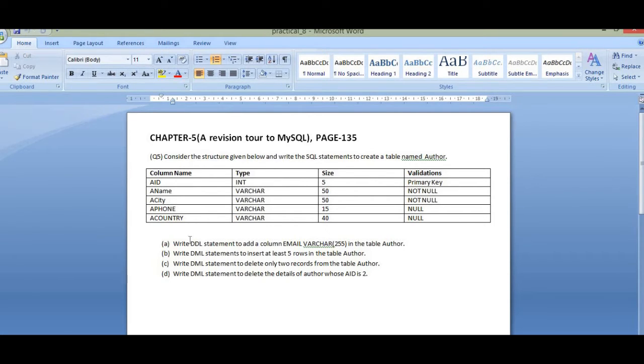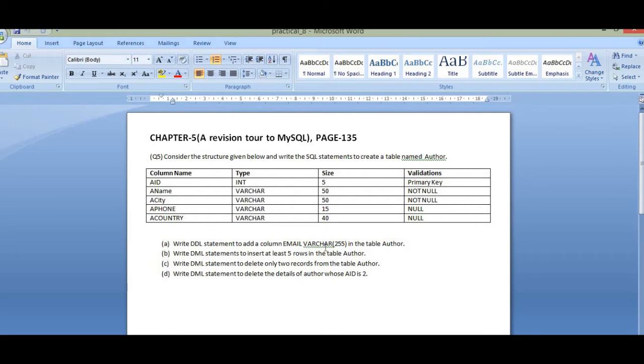Now DDL statements are the data definition language statements. Those statements can be the create table statement, the alter table statement, the modify statement, etc., which can define the structure of a table or a database. Now, out of create table and alter table, I am going to use the alter table statement